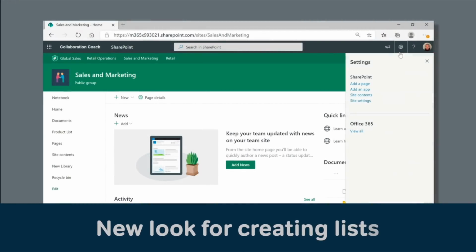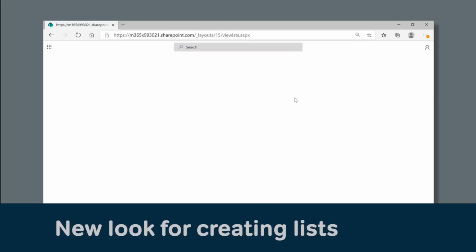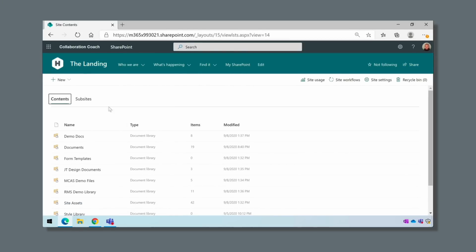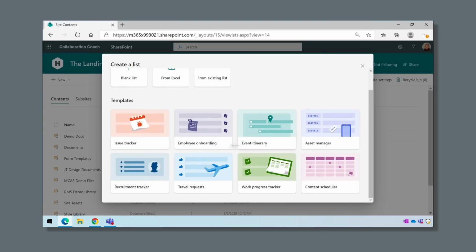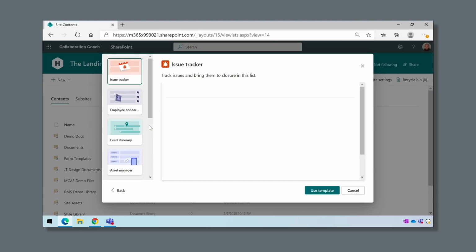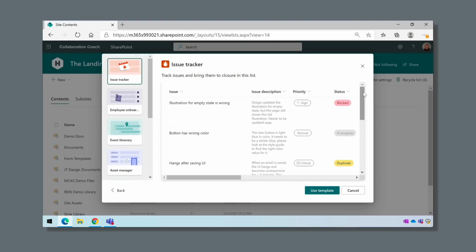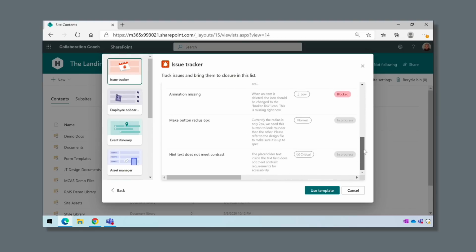The new list templates and creation features that were brought in as part of Microsoft Lists are being added to SharePoint as well. Now, wherever you create a list, you can choose from the 8 built-in templates. And the creation workflow will look and feel the same as it does when you use the Microsoft Lists homepage. This feature is rolling out now and should be complete by the end of October.